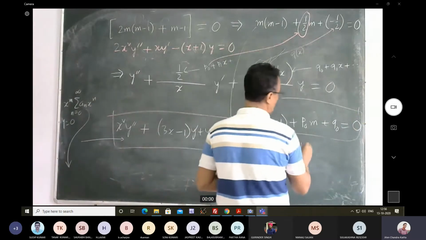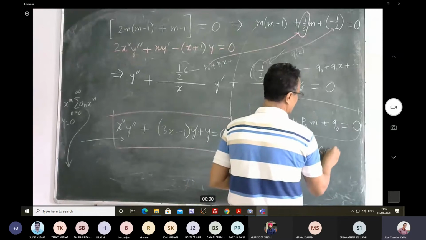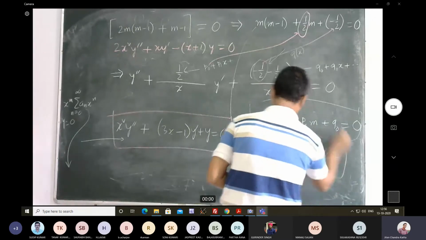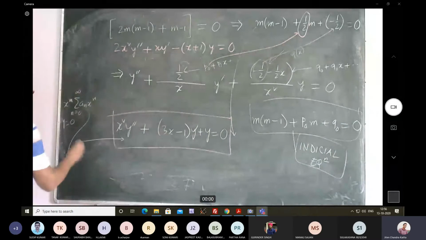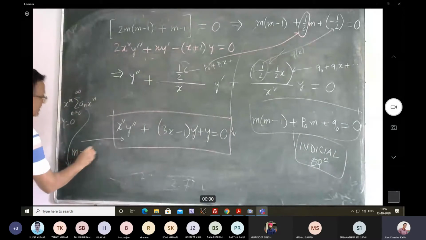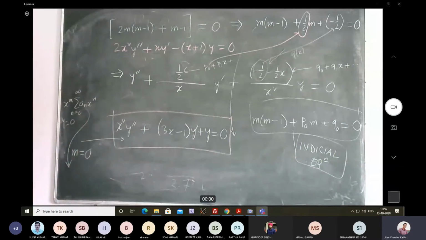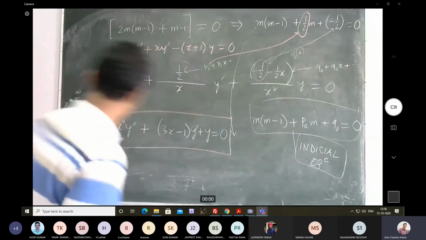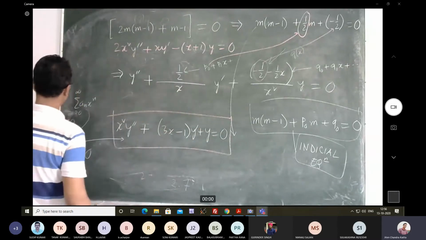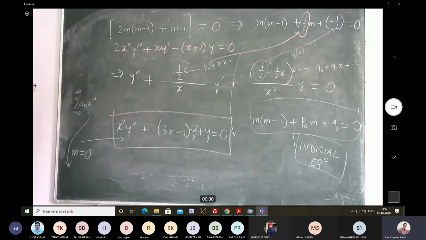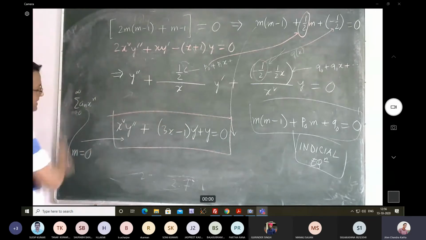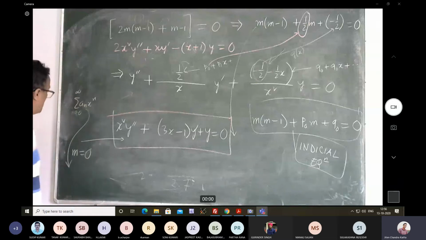Of course, you know what this is called. This is called the indicial equation. From there, one root is going to come out as 0. In that case, this series solution is exactly like the way you did for the ordinary point. Is it okay? Fine. Then again, from the recurrence formula,